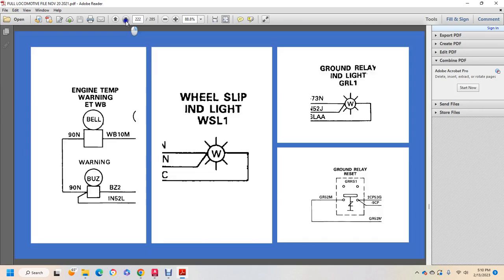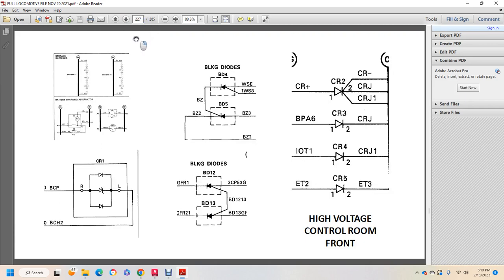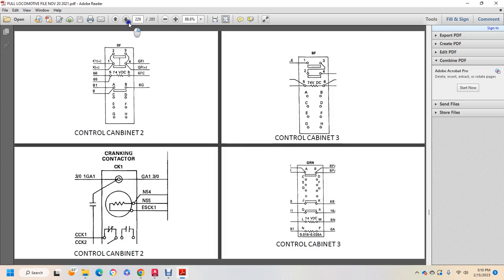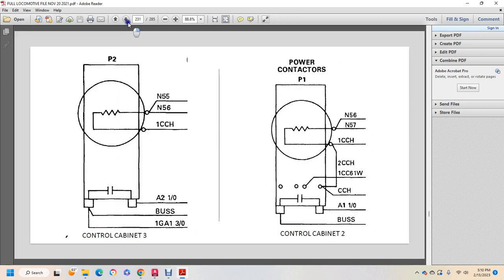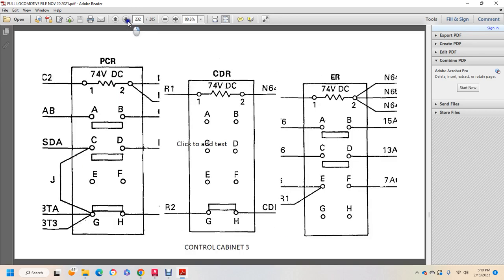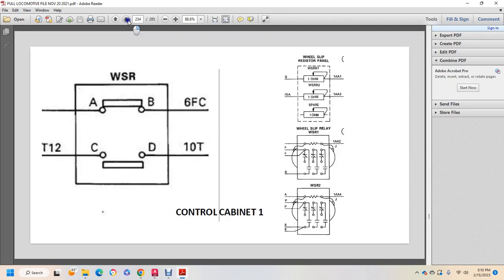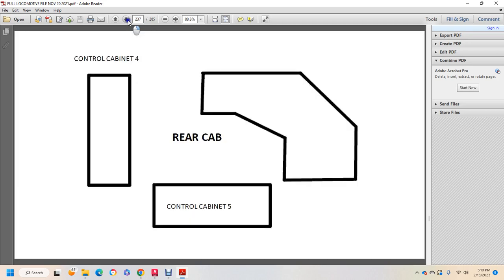pressure control, safety control, service safety wipe, and front control cab, high voltage control, blocking diodes, storage batteries, battery charging alternator, generator 1, 2, control cabinet 1, 2 and 3, isolation switch, traction motors, fuses, motor kill switch, motor kill out, power contactors 1 and 2, PCR, CDR and ER, engine run relay, PCR, fuel shunt X transition motor, wheel slip relay, control cabinet, front control cabinet, firewall, control cabinet 5, shows the control cabinet 4 and 5 are the